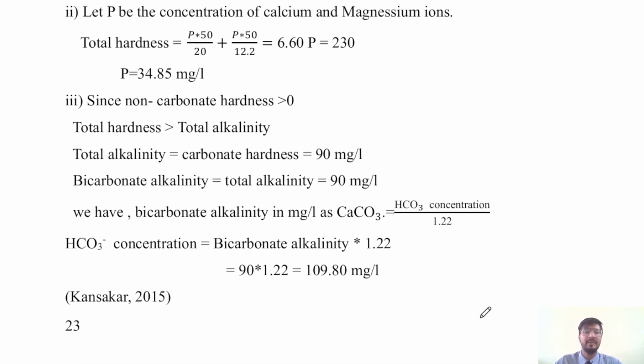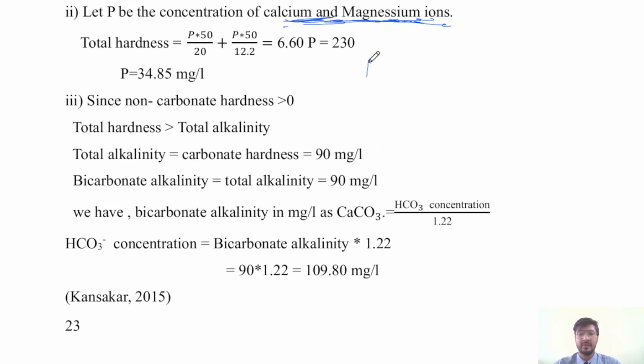Let P be the concentration of calcium and magnesium ion. The total hardness is caused by calcium and magnesium ions here. So P is the concentration of calcium and magnesium. The question tells us the concentration of calcium and magnesium ion is the same. So the total hardness is due to calcium and magnesium. So the total hardness is equal to the hardness due to calcium